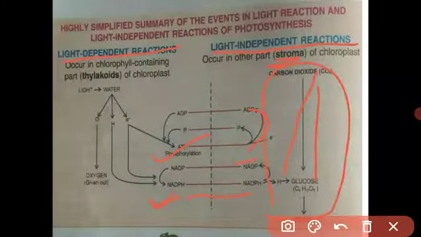Stroma, you know, is the liquid part of the chloroplast. जैसे सेल में साइटोप्लाज्म होता है बेटा लिक्विड पार्ट, वैसे क्लोरोप्लास्ट में स्ट्रोमा होता है. एंड ये डार्क रिएक्शन कहाँ होती है? डार्क रिएक्शन स्ट्रोमा में होती है. क्या होता है डार्क रिएक्शन में? जो NADPH है, इट इज द H मीन्स हाइड्रोजन आयन react with the carbon dioxide and form the glucose molecule. These two phases occur simultaneously and form the glucose. Next is the important step in the light independent phase.